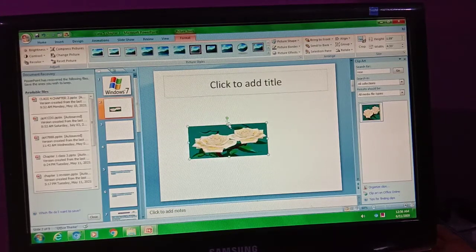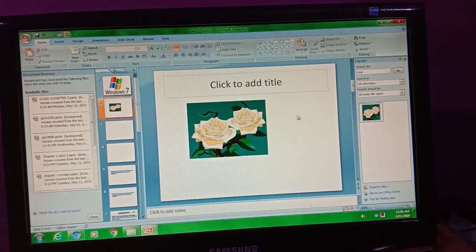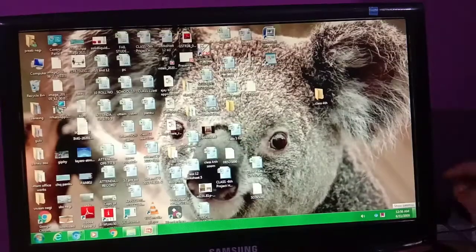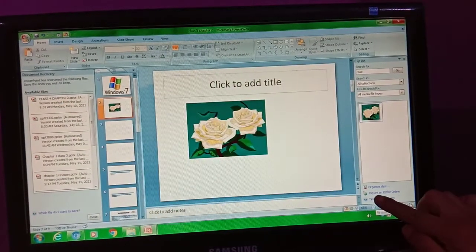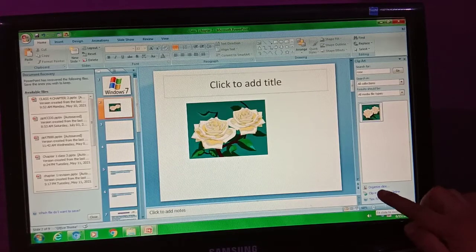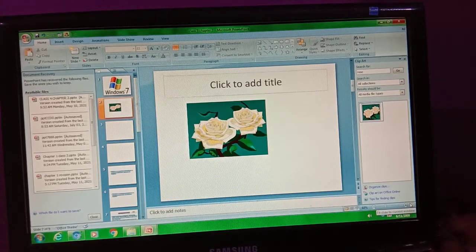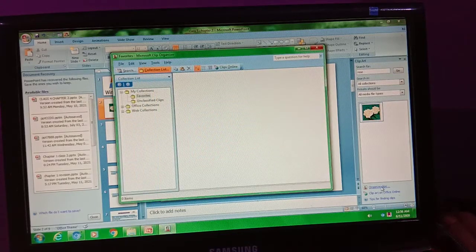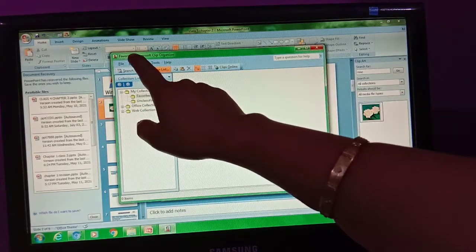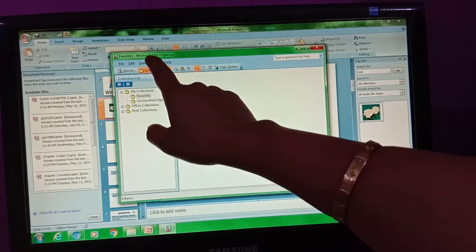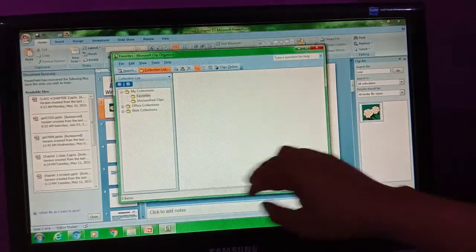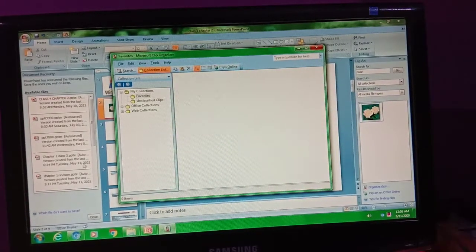One way is this, and the other way, if you want to select from the collection, you need to click on the clip art organize clip option. As you click on the organize clip option, the Microsoft clip organizer window will appear.